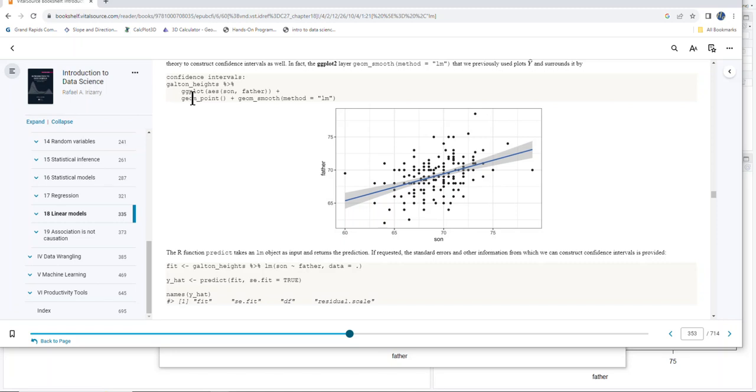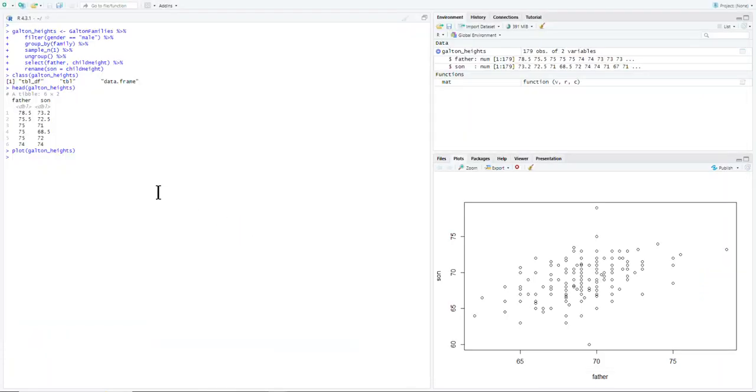And you notice what happened here in the ggplot. This aes command, the aesthetic, makes a much nicer plot than just the scatter plot we did. And he put the son first and the father second. So let's do it that way and see what we get. So I put that in R,